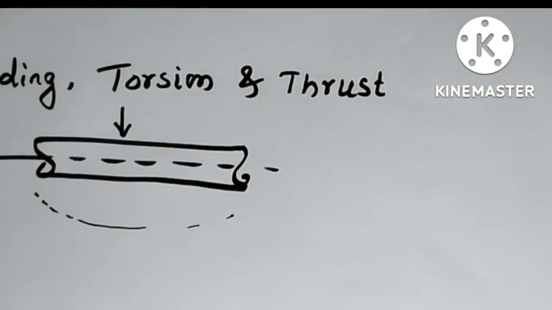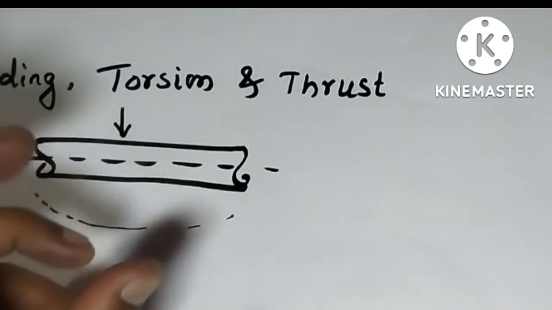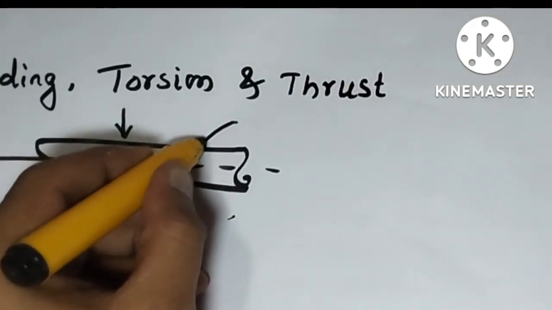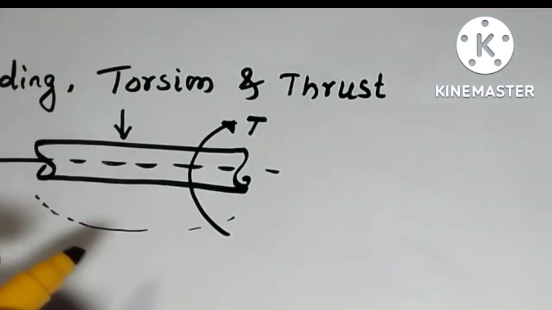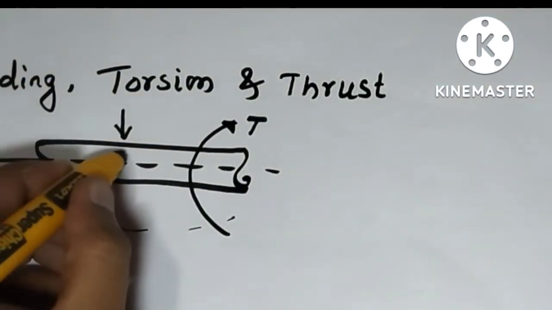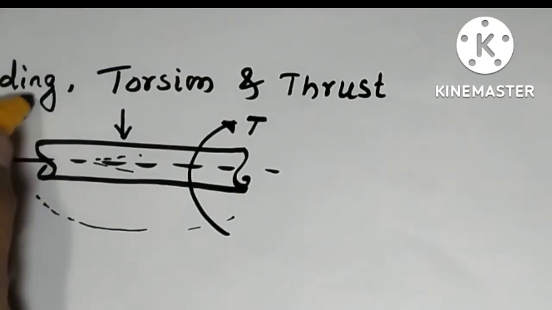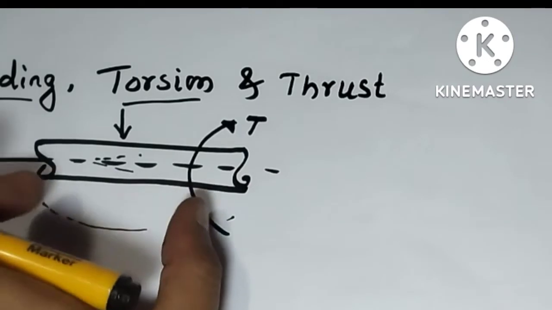And similarly the same shaft when it is subjected to torsion or twisting moment, the shaft may be twisted and there will be an internal angle of twist. That also we have studied, the bending equation and torque equation, separately we have a class on this. Now when these two are combined,